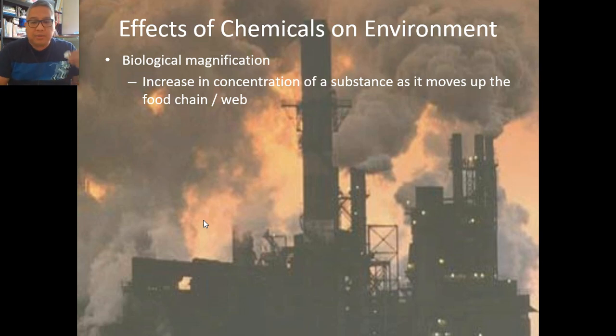So what happens is, when small fish are eaten by bigger fish, all of the mercury present in the small one will be transferred to the big one, and then the bigger fish will be eaten by a bigger fish, and so on. The amount of mercury will increase as you go up the food chain. That's the reason why we call it biological magnification, because the amount increases as you go higher in the food chain.